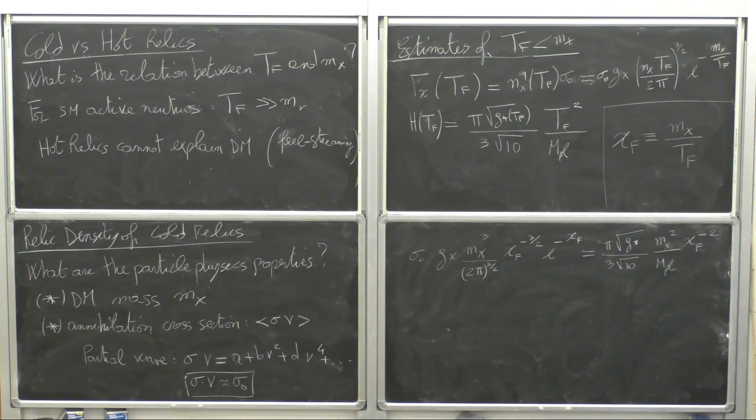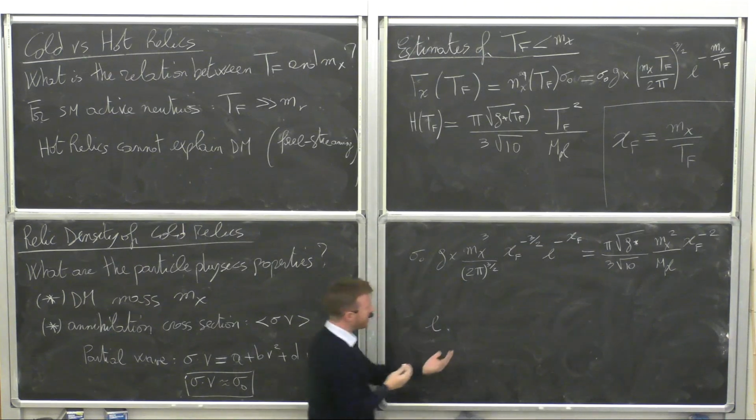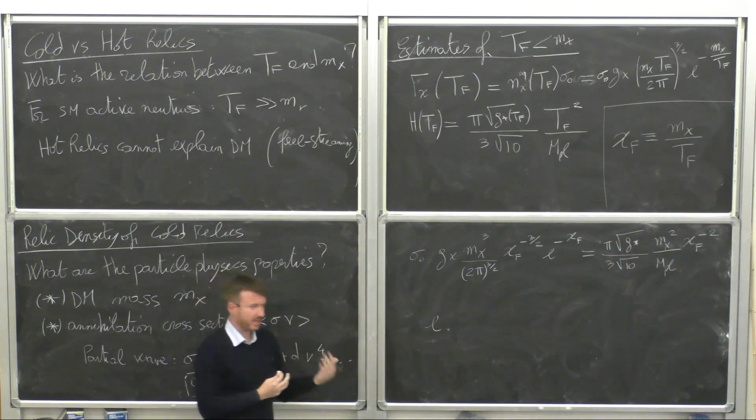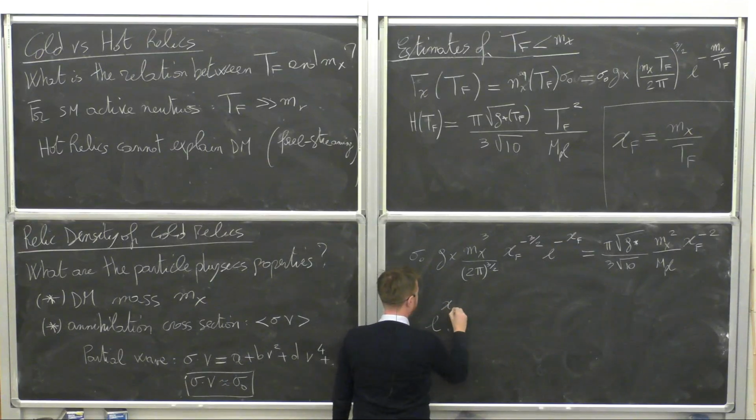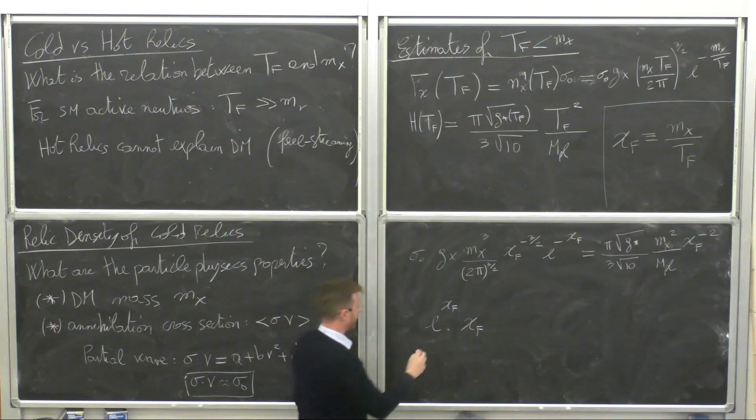Of course, xf must be greater than 1. Look at the definition. If xf is smaller than 1, what we are doing is not self-consistent, because we assumed that xf was greater than 1 to write down the Maxwell-Boltzmann distribution. So we solve for this, and then we make sure xf is greater than 1. Otherwise, we have to go back and revisit the assumption. Okay, so let me do some simplification. I bring all the xf dependence on the left-hand side. So I have e to the xf, xf to the minus 1/2